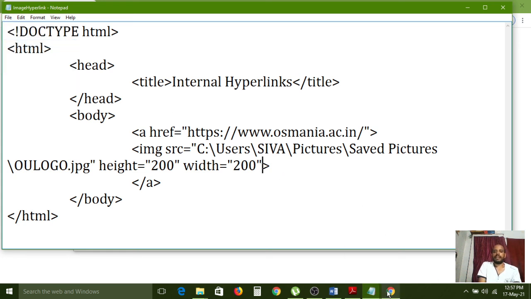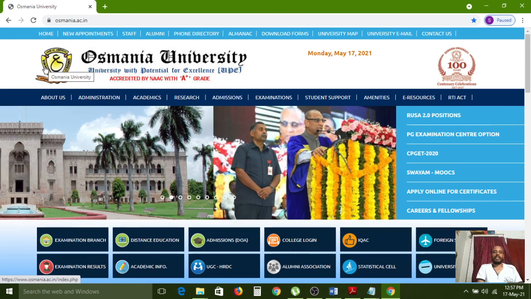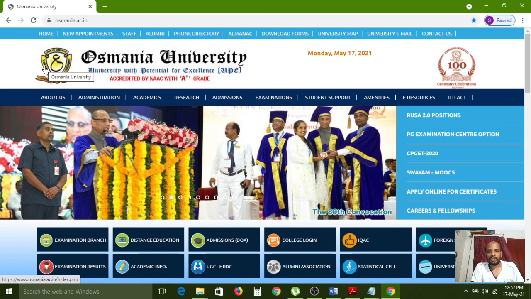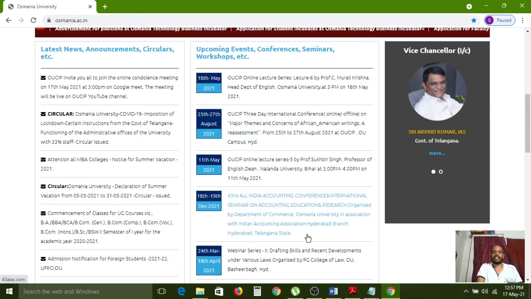I am refreshing that page because I had already opened it, but because of the interruption the image was not displaying. Now it will display. All of you carefully observe. Here the image is displaying now. Just move the mouse onto that image, and it shows the hand symbol. That means the picture is created with a link. Just click on that link, and the Osmania University website will open. Understand? Yeah, it is opened. The complete website has been downloaded into our system. That's why the website has opened. So like that, we can create image hyperlinks also.